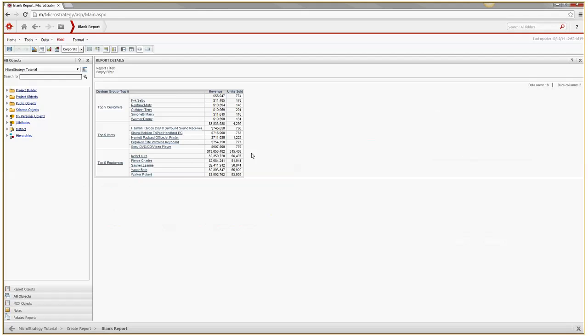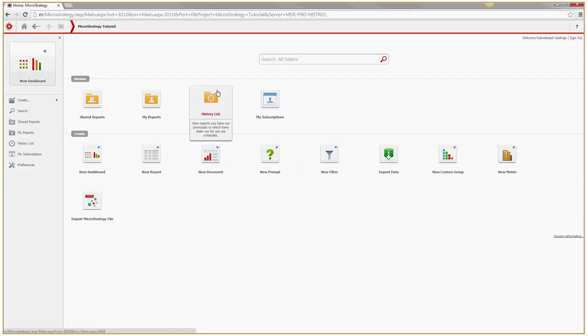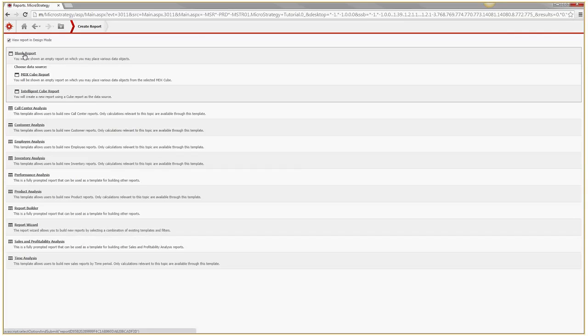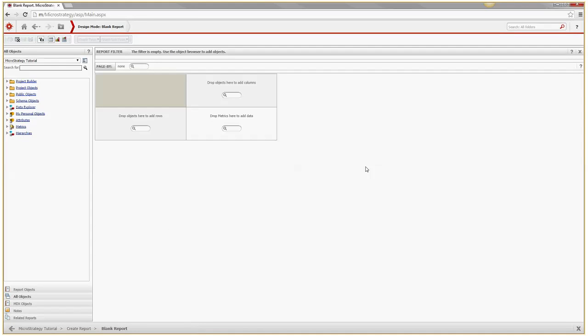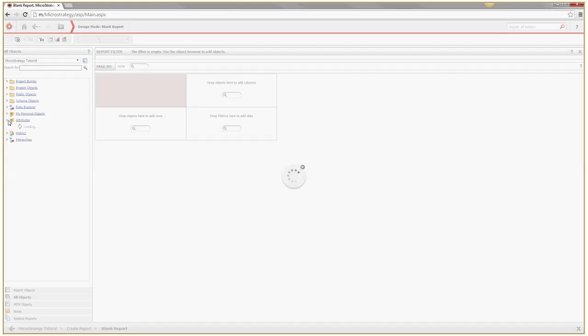I am looking at page number 51 in my handouts. So we have already logged into MicroStrategy, selected the tutorial. Let us go ahead and create a new report. So click on Home, New Report, Blank Report. Now I'm going to create a report using year, month, and profit.